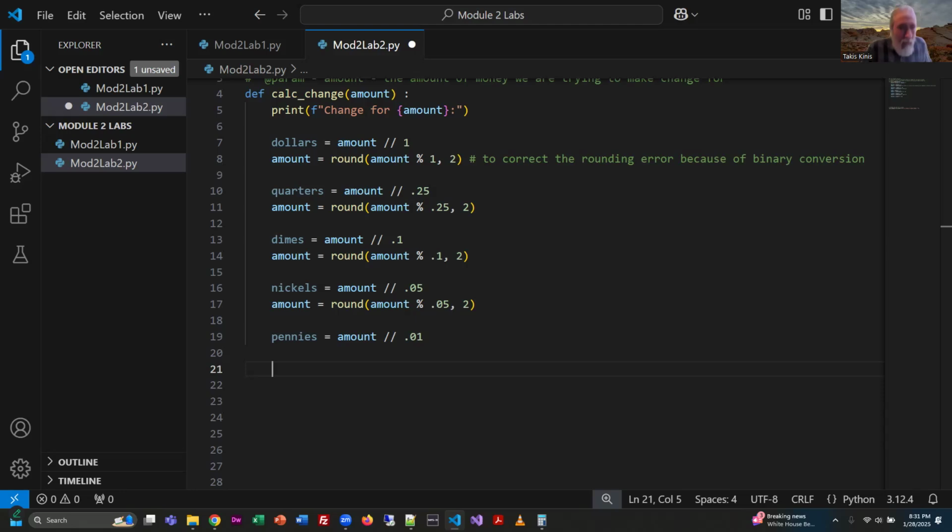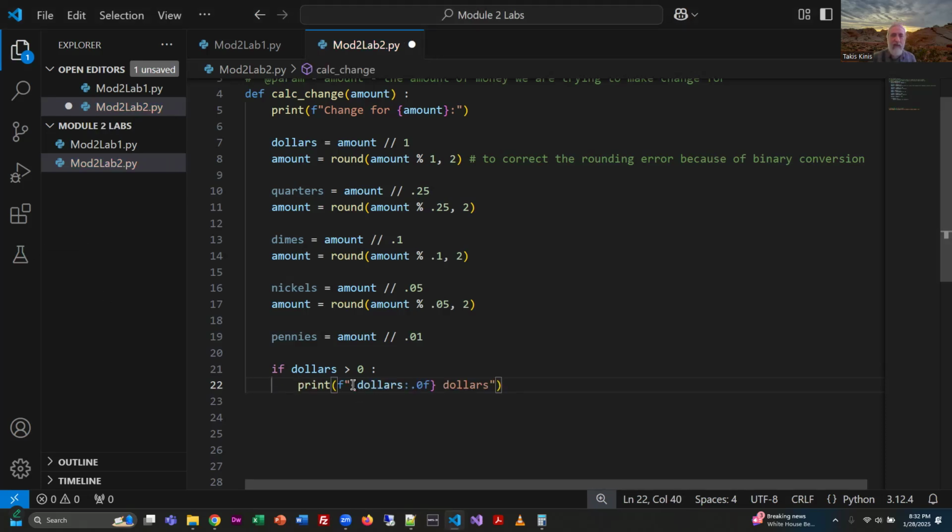All right. So I'm going to write if statements that are only going to display how many dollars, how many quarters, how many dimes, how many nickels, if we actually calculated any of those things. So if we don't need nickels, I don't want it to show. All right, so watch the logic I do here. We'll start with dollars. I'll say if dollars is greater than 0. So if there's some dollars, then what are we going to do? We're going to print,